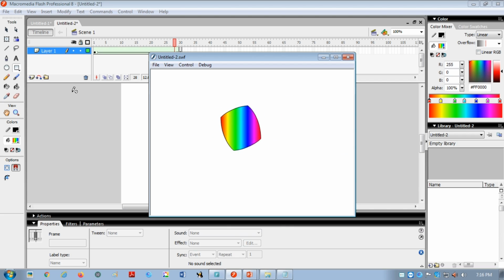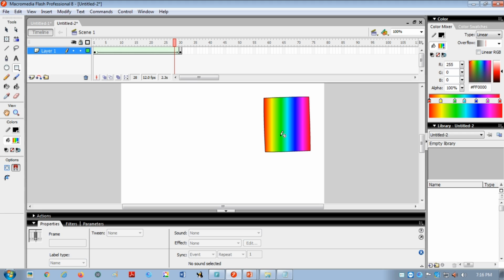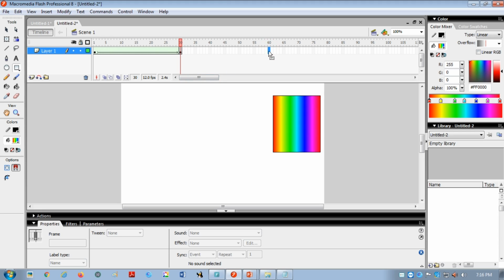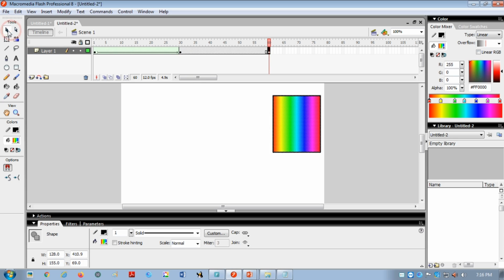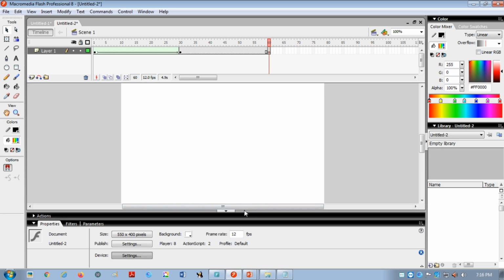Okay. You can also continue this animation to other shapes. Suppose this rectangle you want to change to something else. Okay. Let's say polygon, stars, like that. So again I will go to the 60th frame. After clicking on this 60th frame, you have to press the F6 button, F6 key, like this. Now again select this arrow key and select this particular box, delete it. After deleting it, let us draw some other shape.